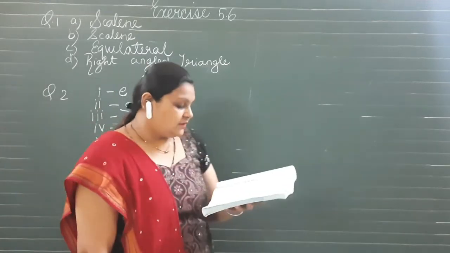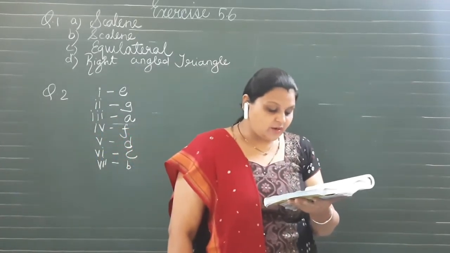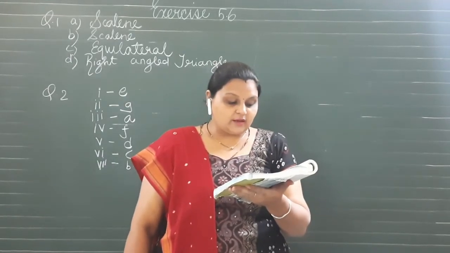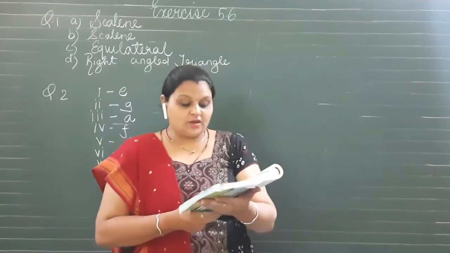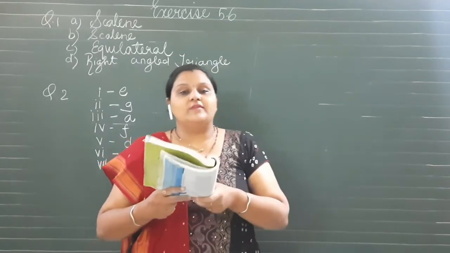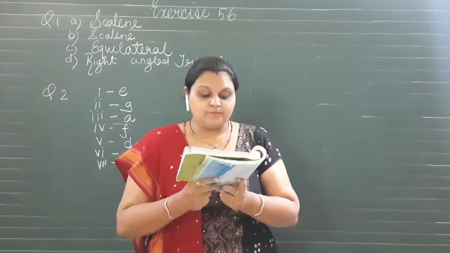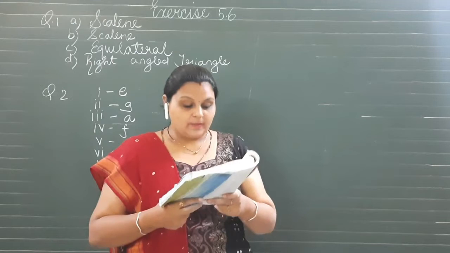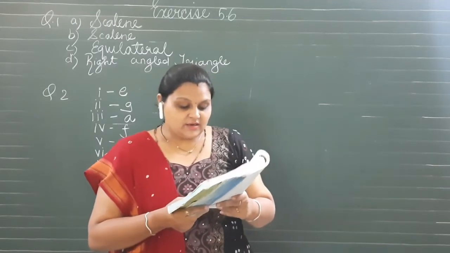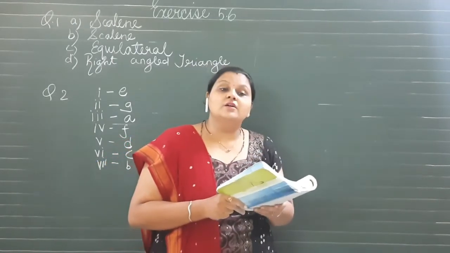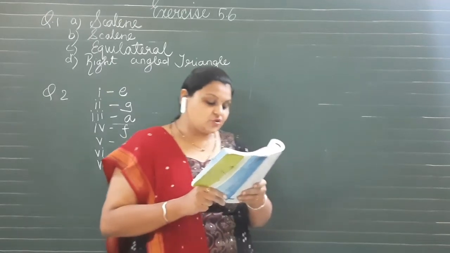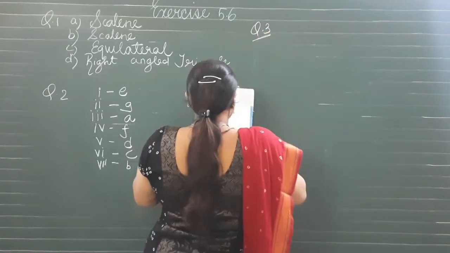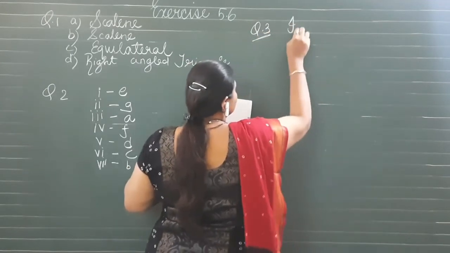Now, question number 3. Name each of the following triangles in two different ways. You may judge the nature of the angle by observation. So here, different triangles are given to you, and we have to see the measure and decide the type of triangle. Very first, one side 8 cm and the other two sides are 5 cm. So here we can say two equal sides, that is isosceles,